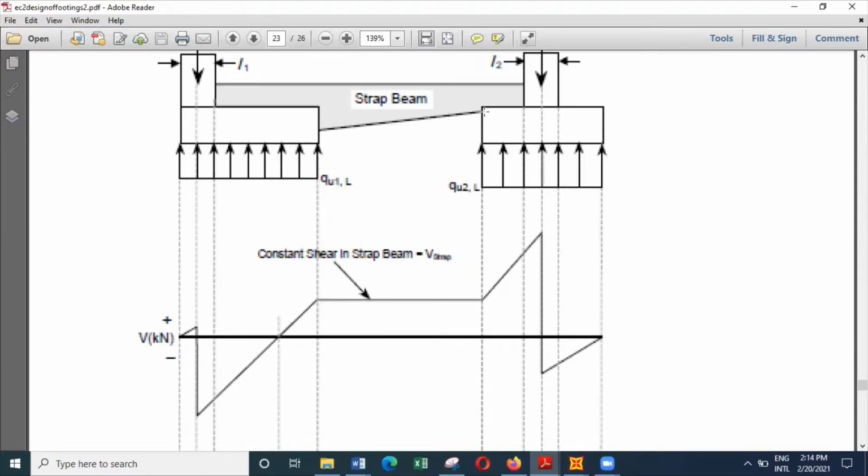So generally what we do is we ignore the weight of the strap beam, because the column loads would be much higher than the effect of the strap beam. It will be only a very small contribution. So if you are ignoring the weight of the strap beam, the shear will not change from here